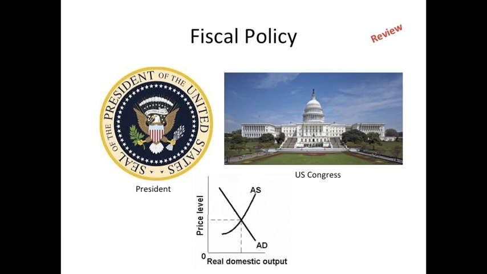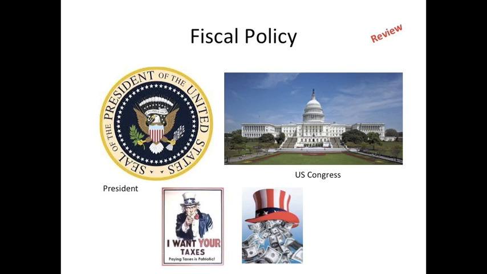Okay, one of the ways in which the government can take action to try to manipulate GDP, inflation, and unemployment is using fiscal policy, which are two tools that are used by the United States President and the United States Congress in order to adjust or impact the real domestic output in the country by changing aggregate supply or aggregate demand. And these two tools, of course, are taxes and spending,